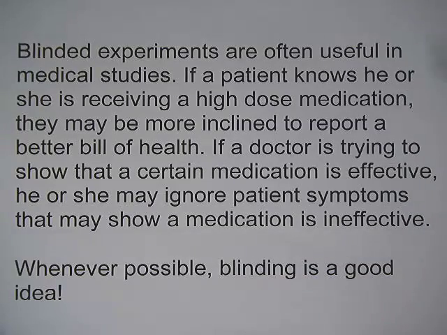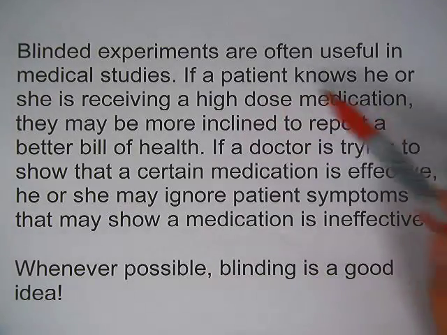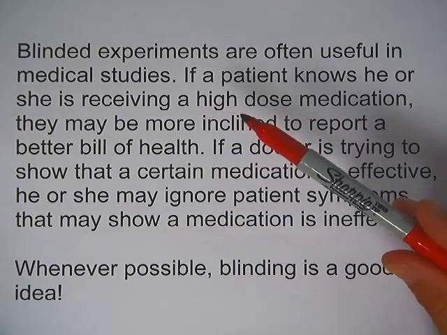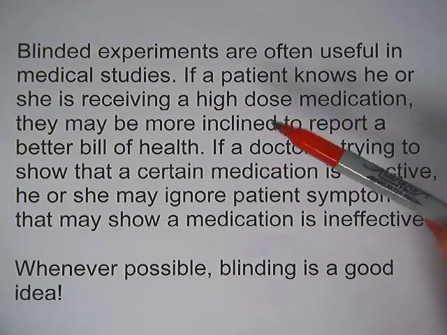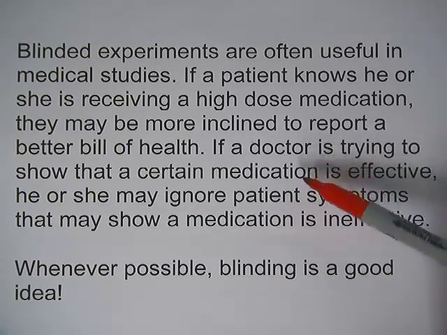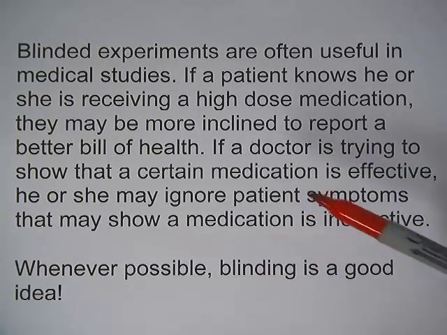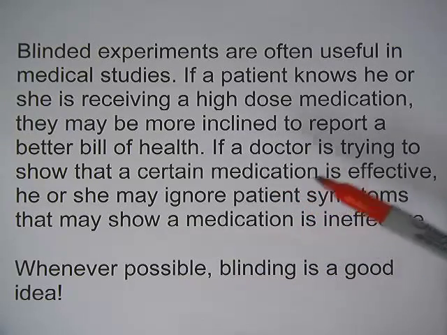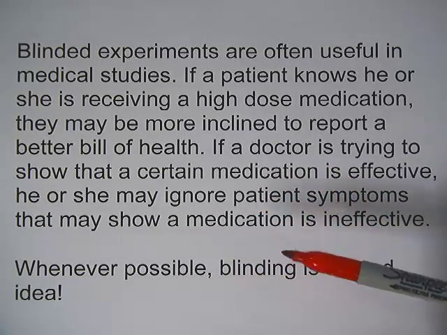So in this first case, it might be important just to do a single blind experiment, just so the patient doesn't know, well, am I receiving the high dose or the low dose medication? And in the second case, a double blind experiment might be needed so that neither the patient nor the doctor knows what the patient is receiving. There would just need to be some third party that knows